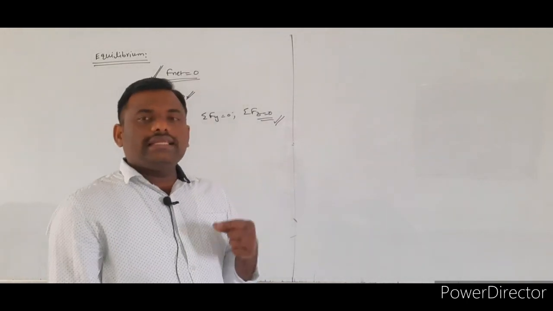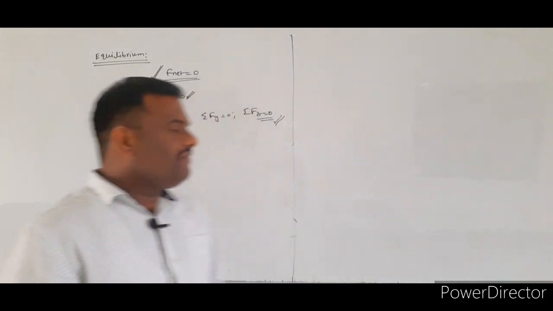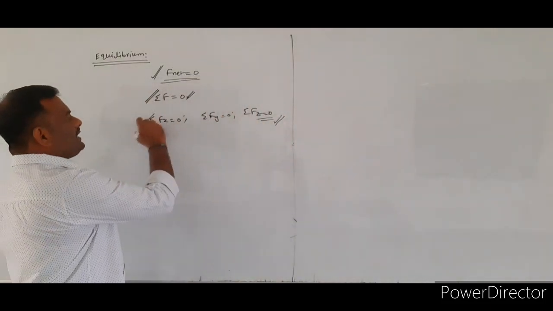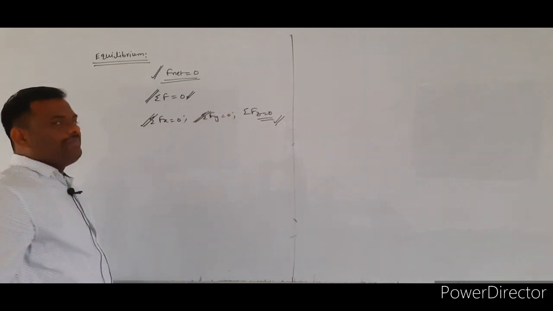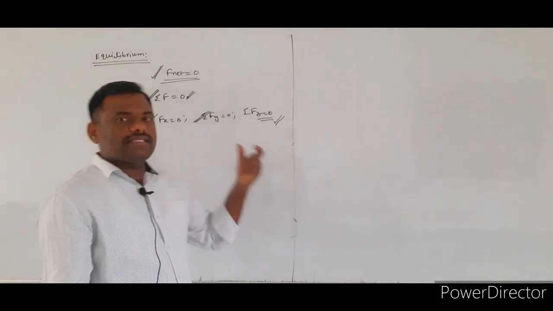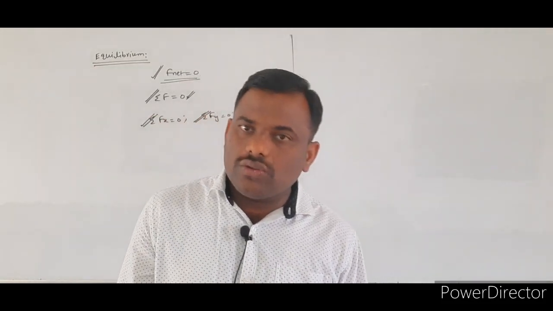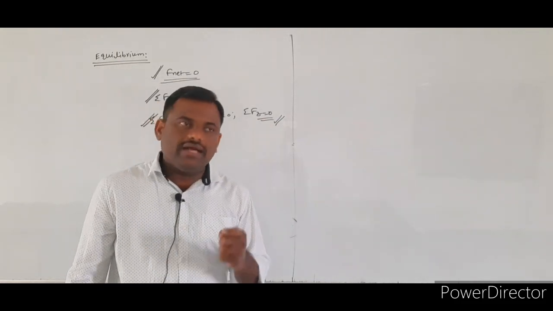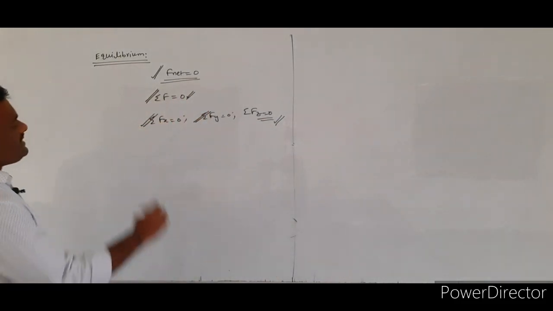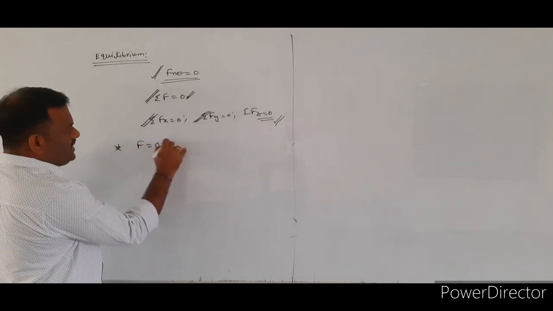So whenever the forces are acting in multiple directions, we say the sum of the forces along the x-axis is equal to 0, as well as the sum of the forces along the y-axis is equal to 0. Again, the sum of the forces acting along the z-axis is also equal to 0. Then only we will say the object is in the state of rest. So if the object is in the state of rest, you told that the net force acting on the object is equal to 0.